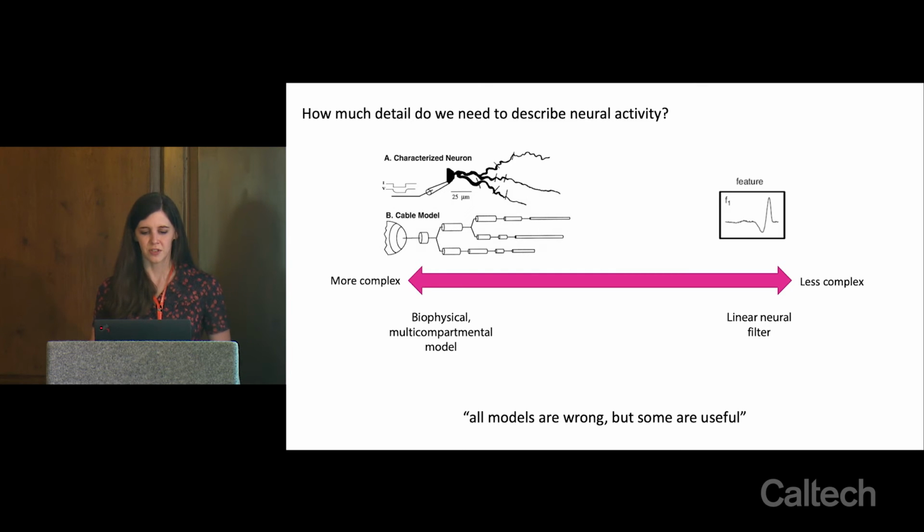But really, this is a continuum, and different models are useful for different things. All of these models are making some level of simplification. With most models, you don't want to capture every little bit of detail that's present in the biological system, and there are certain things that you're going to throw out. But the art of modeling is to know what information is important to keep to explain the phenomena that you're trying to explain. In general, you want to keep things as simple as possible, but it's worth knowing that this range of options exists and that they can be used for different scientific goals.